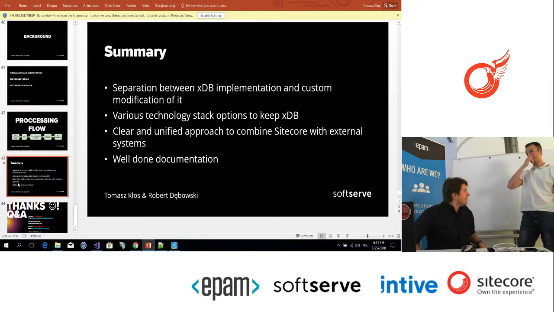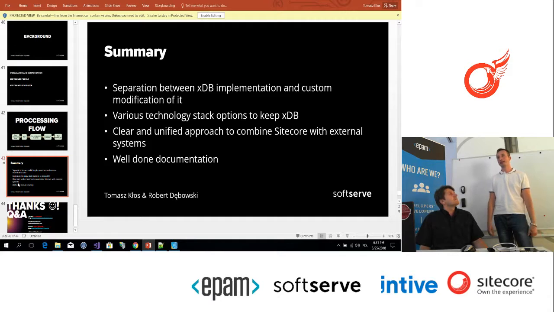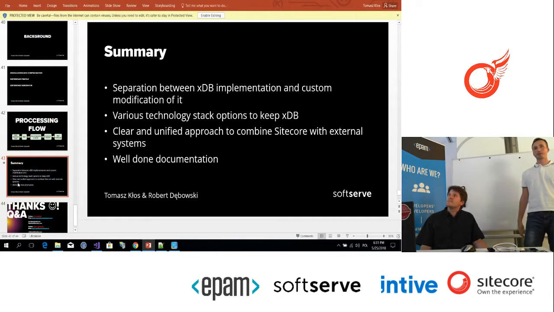So, summary. As you see, I think the best idea in eXtremeConnect is just to be independent of the implementation, right? We currently have providers that allow us as developers to use many different databases. I hope there will be more in the future as well.